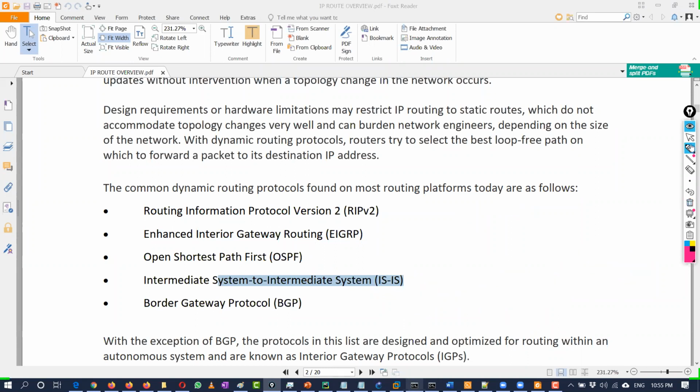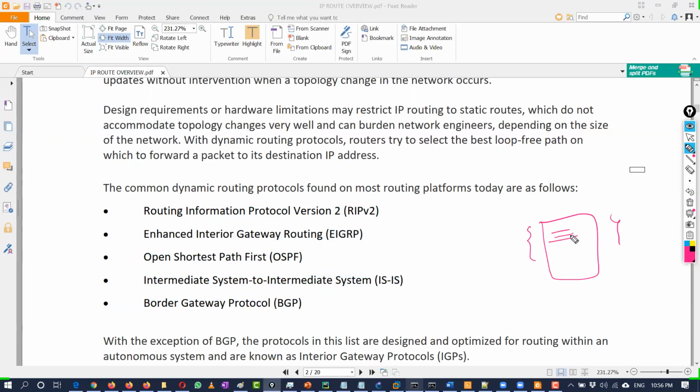So those were a few protocols that a router will support, and as per the placement of the router, if the router is placed in the EGP or exterior, where there are multiple ISPs involved, you will use the BGP protocol, Border Gateway Protocol. When you're using routers inside a LAN segment, you need some routing protocol